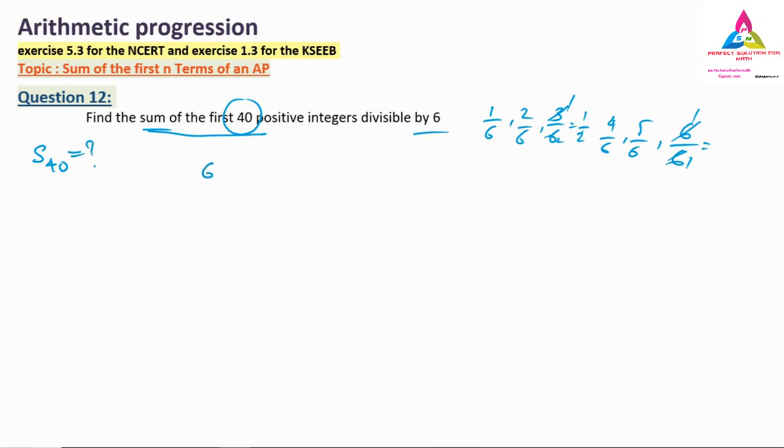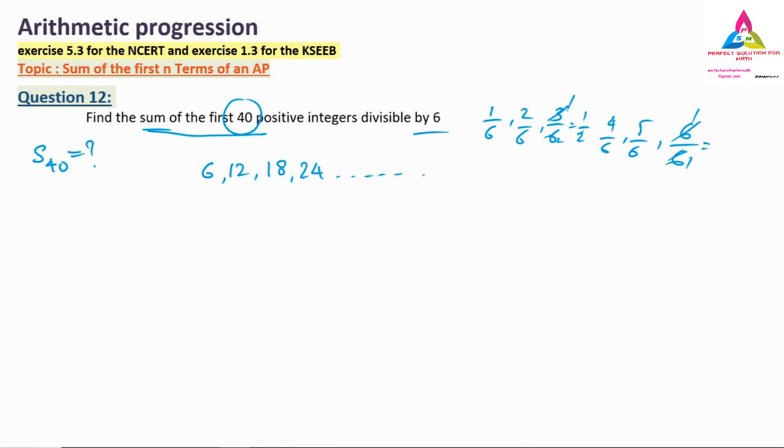So the first term of an AP is nothing but 6. Which is the next number divisible by 6? 7 will not be divisible by 6, 8, 9, 10, 11 also will not be divisible by 6. But which number will be divisible by 6? That is 12. Next it will be 18. Next will be 24, and so on. Like this way there are 40 terms. Okay, there are 40 terms. I can't write down all the 40 terms, and they are telling that you have to find the sum of this. And one thing to remember, divisible by 6 is nothing but the 6 table you have to write. 6, 12, 18, 24, 30, like so it will continue.